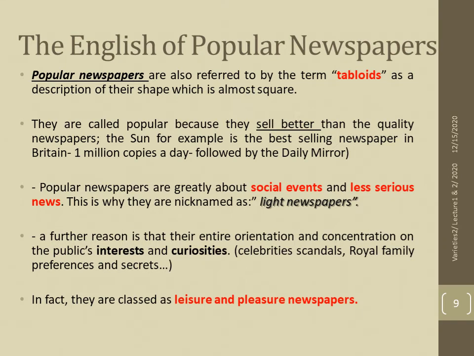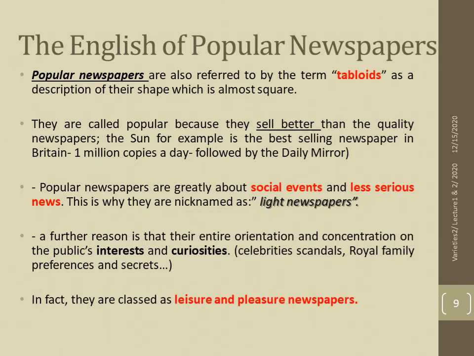So we saw in the previous slide that the British and American newspapers consist of two types. The first one being the popular newspapers, and the second is quality newspapers. And since we have two types of newspapers, it means that each newspaper has its own underlying aspects and characteristics that makes it different from the other type. Okay, so we will start today by the English newspapers and see its